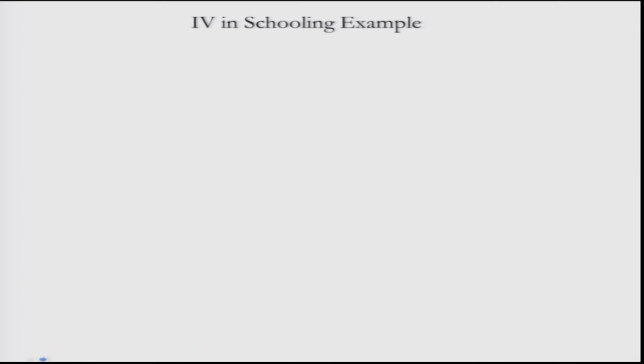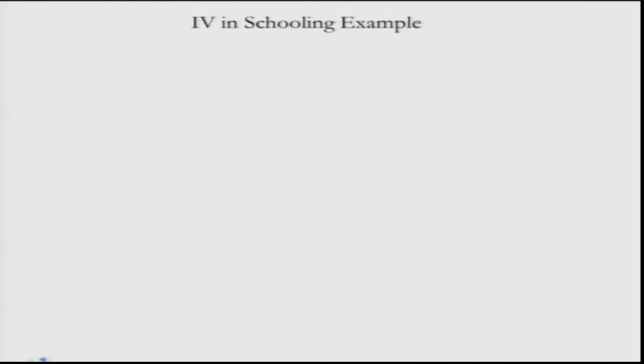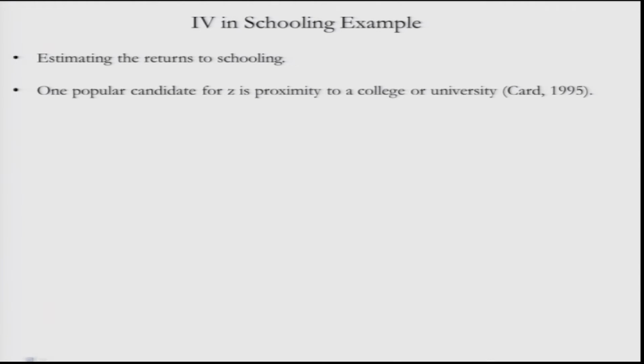So, IV in the schooling example. When we are talking about the schooling example, what we have in mind is the impact of schooling on earnings, of education on earnings. In the estimation of returns to schooling, one popular candidate for Z is the proximity to college or university. This was used very famously by Card in his 1995 paper. What we are saying over here, remember, is to try to find out whether earnings or wages, however you want to call it,